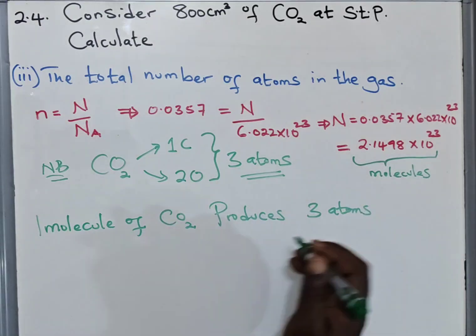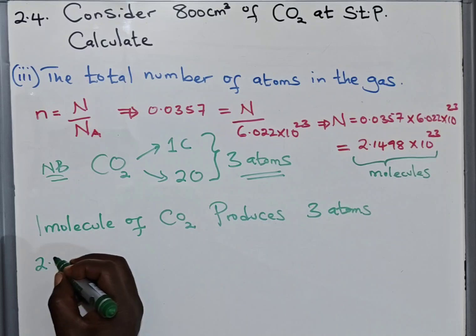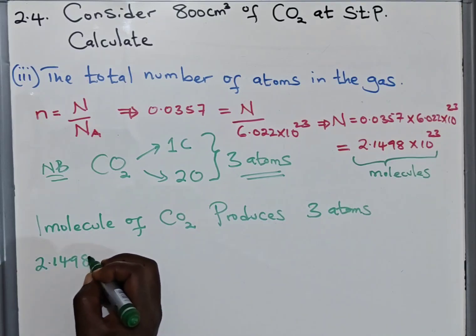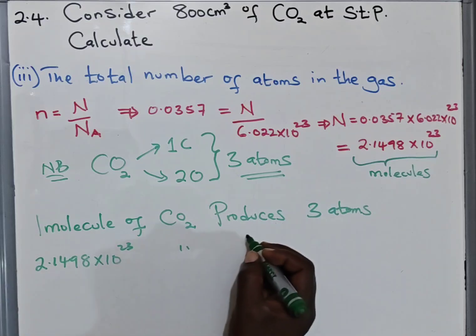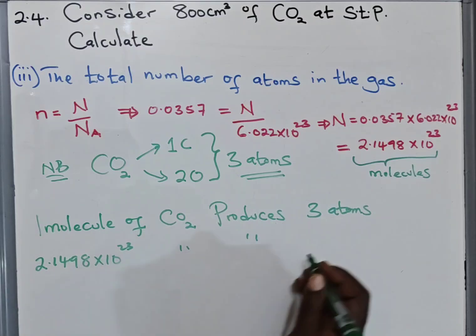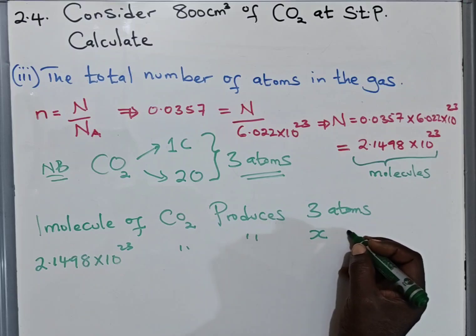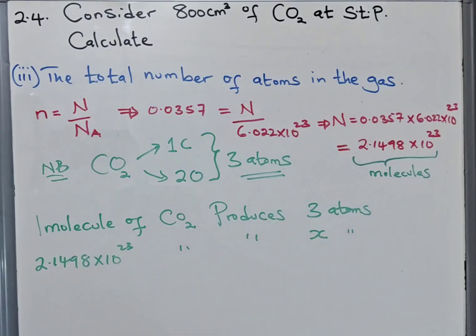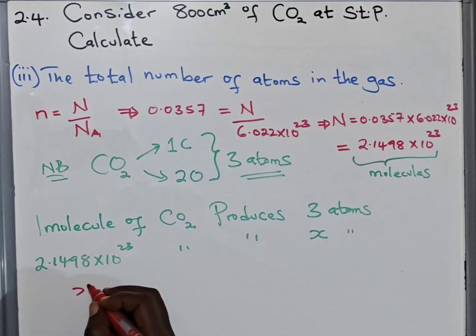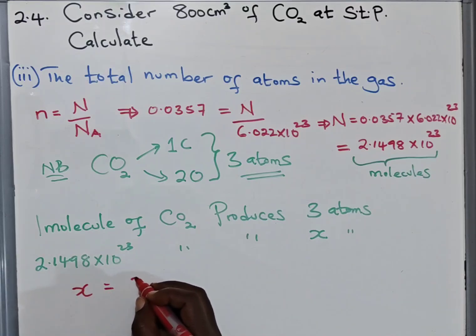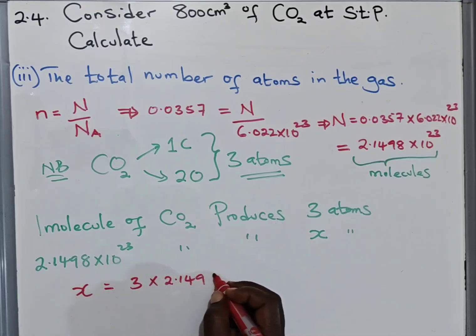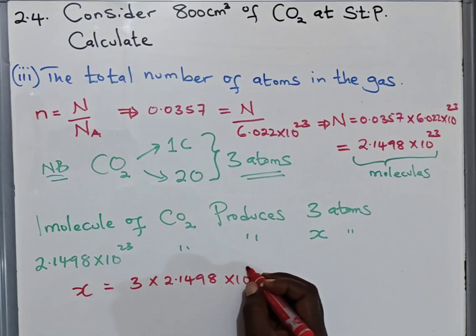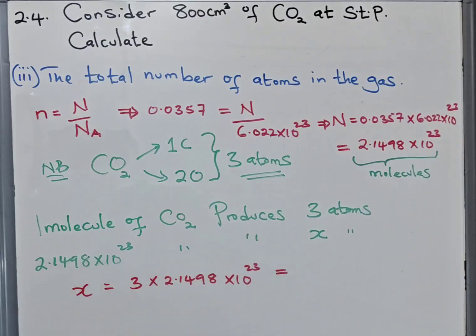Yes, but we know this number of molecules. They are 2.1498 times 10 power 23. These are the number of molecules of carbon dioxide we have from this gas, and we are calculating the number of atoms present. So what do we do here? We cross multiply, and our x, which is the number of atoms, is going to be 3 times 2.1498 times 10 power 23, giving you